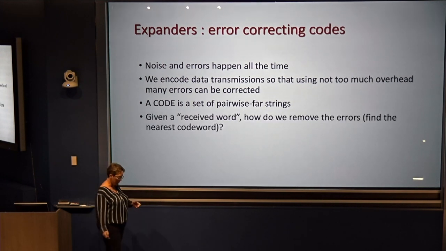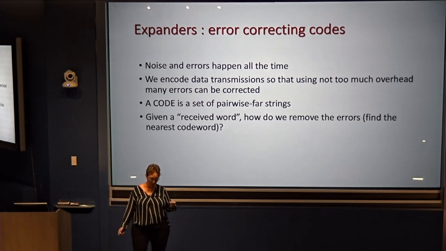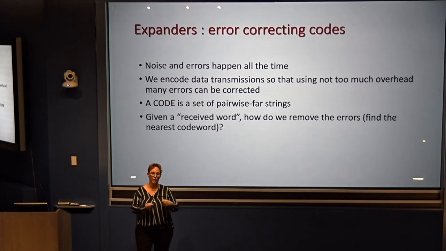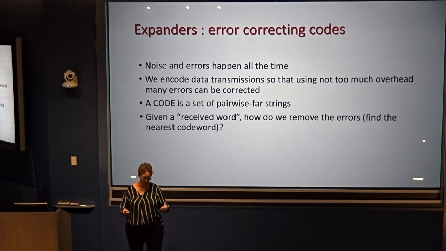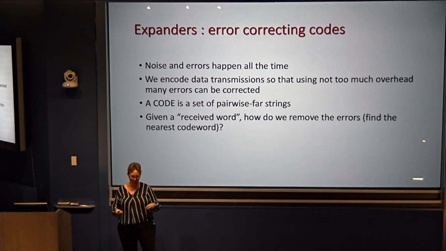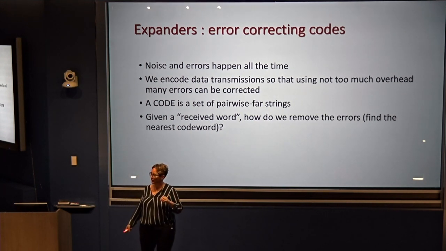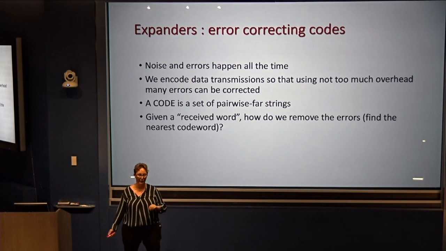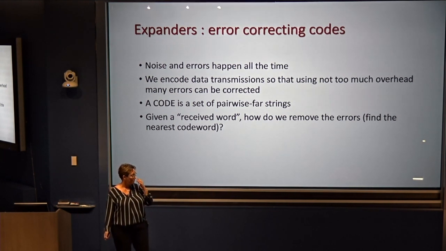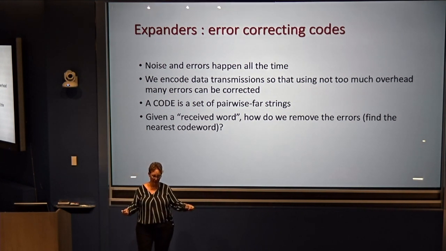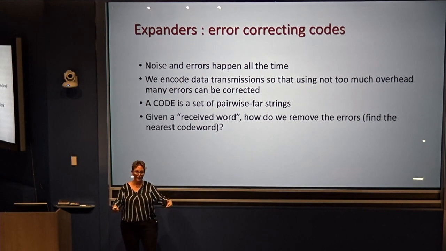And then how do we use these things? So I have a message, I encode it, I send it over. The receiver gets this message, but maybe some errors happen. So the receiver needs to look at the string and find the closest string that's actually in the code, that's a valid code word, so that if at most such and such number of errors happen, you know that they got the correct message. How do you find from the received word, how do you go back and find the